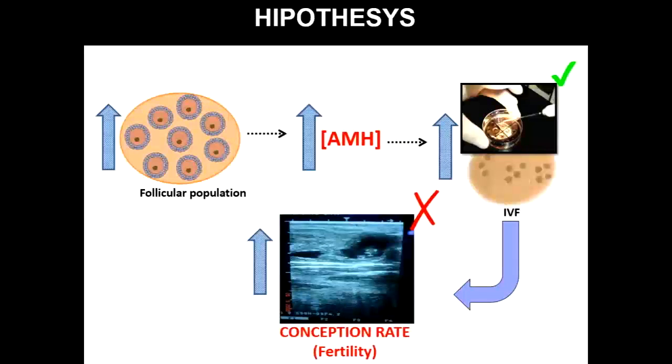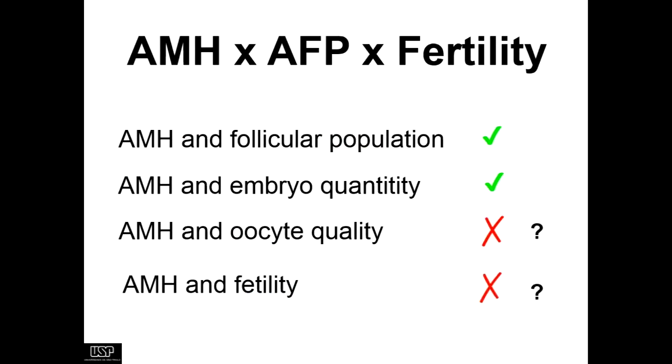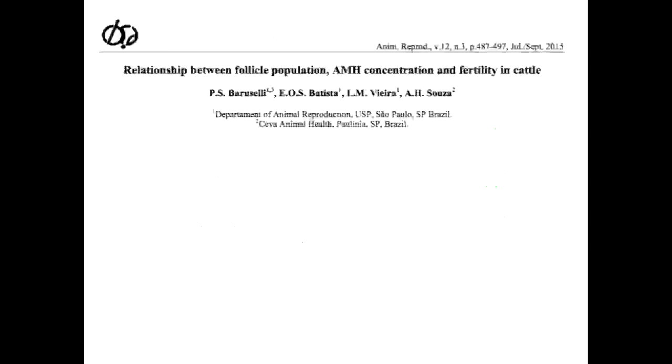And the hypothesis that we had at the beginning was confirmed in the number of embryo production, but not confirmed in improving the fertility in these cows that have a high number of follicles. So this was confirmed: AMH and follicle population, AMH and embryo quantity, but not correlated with AMH and oocyte quality, and AMH and fertility was not confirmed. Of course, we need to do more study to understand what's happening, but in our condition,